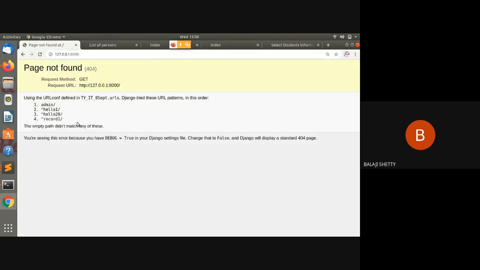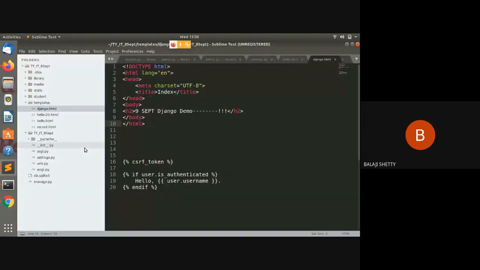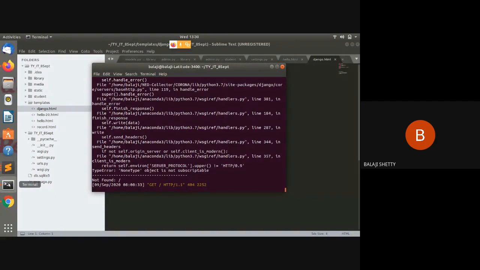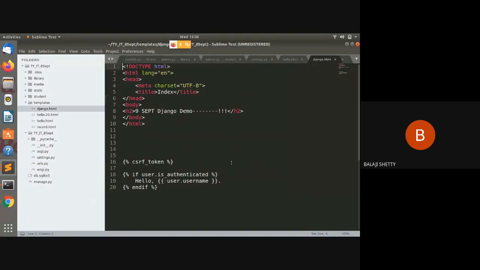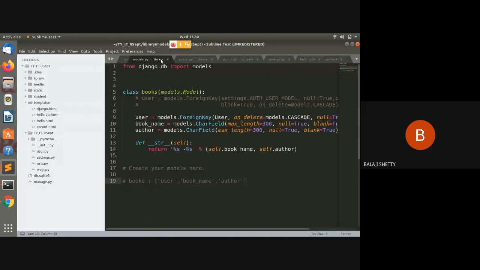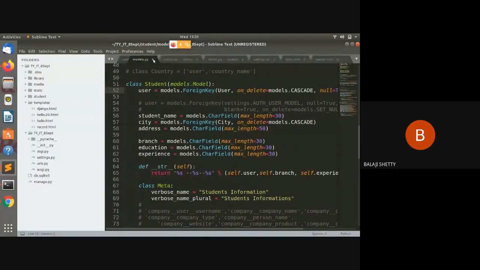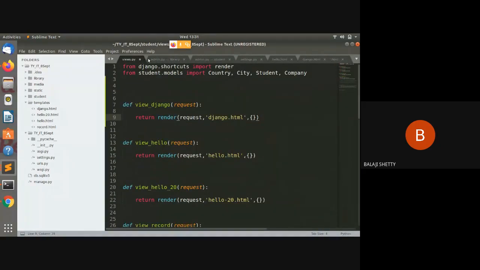Now we can see what happened. Record one, empty page didn't match. Some setting is left. What happened? This is django.html. This model, I remove this model. Admin.py, remove this.